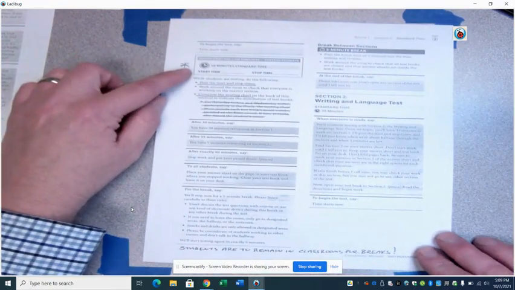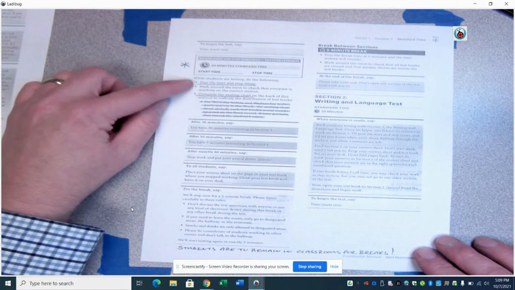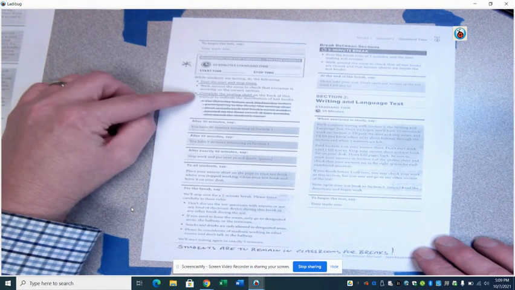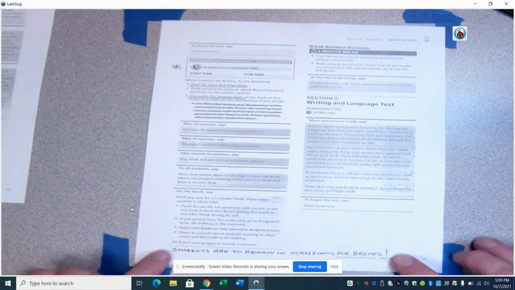Once you get to the reading test, you're going to record the start and stop time in the book here. Make sure you post that on the board. Complete the seating chart on the back of the book that we talked about just a few minutes ago. During the test, students do need to remain in the room for the breaks. We unfortunately aren't able to just let them roam around.